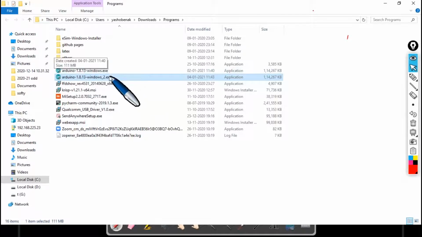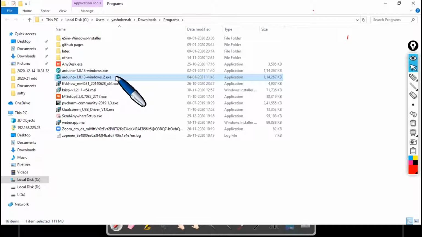This has a duplicate number because earlier I had downloaded this piece of software. In order to install this .exe file, whose type is application, I'll right click on this executable file and select run as administrator.